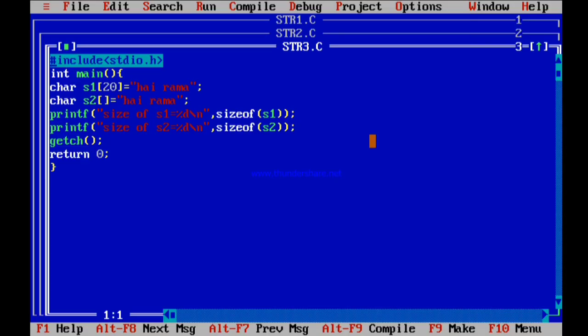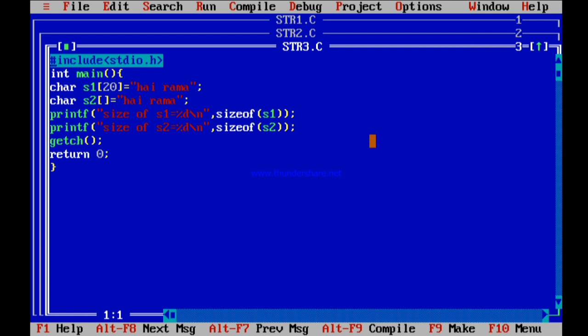Okay friends, I want to clarify one thing. Whenever you are creating static strings, that means when you are fixing the size of the string before execution, you will be wasting so much space when you are not fully utilizing the entire space. That means HiRAM has occupied only 9 bytes of your memory, but you have reserved 20 bytes, so the 11 bytes will be wasted in the first string, that is S1.